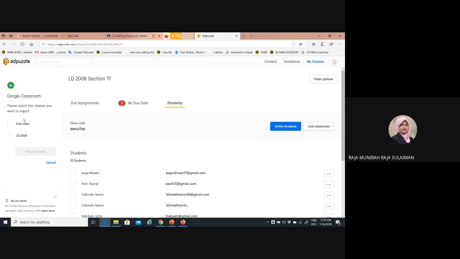If you have Google Classroom classes, all the classes will be listed here, so you just need to choose. I already chose my class in this personal account. My other classes are in my IIUM account, which I did not use, so I cannot click here, but I can click try a class and then I will just import classes.